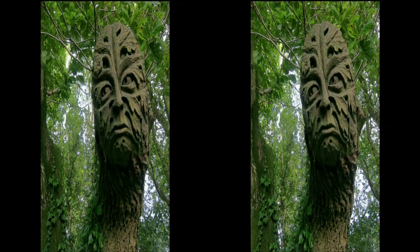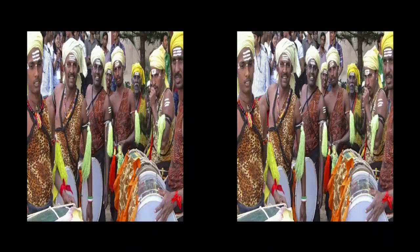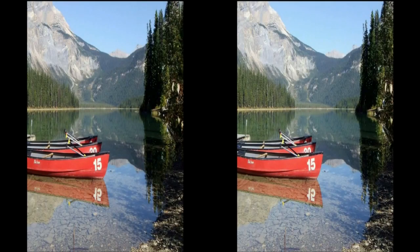Three more honourable mentions, the first being The Wootton River's Green Man by Anthony James, and then Street Band Bangalore, India by Paul Feynman, and Mike Hilliard's Emerald Lake Tranquility, which Mike says, this wonderful lake with its mountain reflections is situated in British Columbia's Yoho National Park. We now come to the top 5 images, and the first of these goes to Jeff